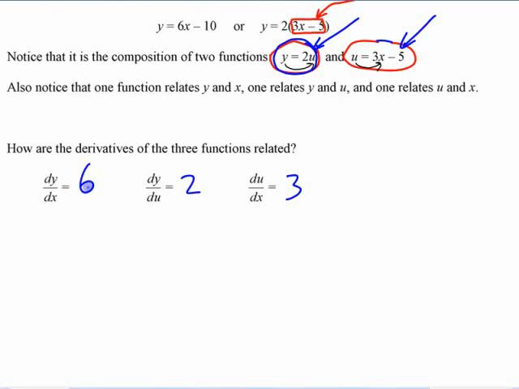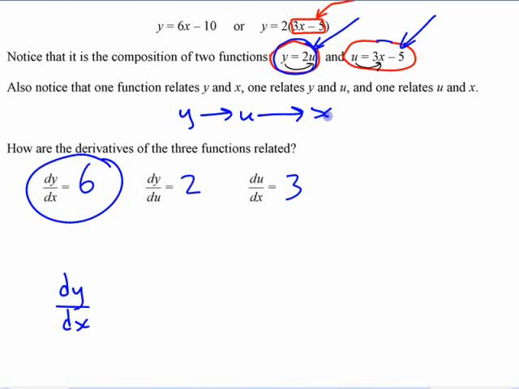This is by no means a proof or anything of this. You can probably see how these are going to be related here. Right? The derivative of y with respect to x. If you have y is related to u and u is related to x, if this is 2 and this is 3, then the derivative all the way to there is going to be